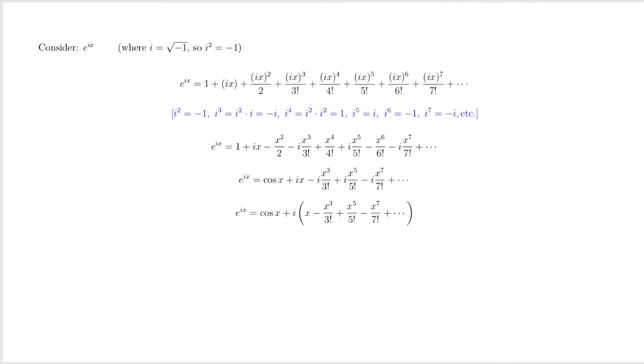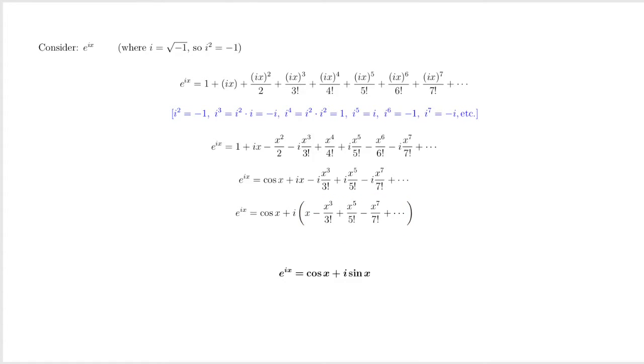And factoring that out, we're left with e to the ix is the cosine of x plus i times x minus x cubed over 3 factorial plus x to the fifth over 5 factorial minus x to the seventh over 7 factorial, etc. And this series here, that's just the power series for the sine of x,